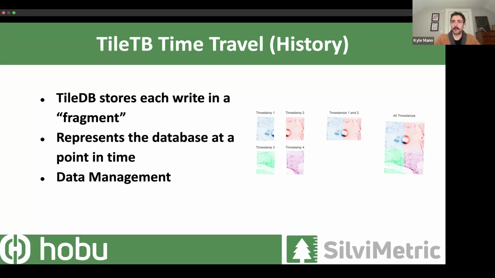And if we have 5 different shatter processes that have been run over data, we can look at each individual process and all of the fragments that are associated with that process. Because we store the timestamp of a shatter process into the config, we can easily look at all of the fragments in TileDB that are associated with a specific process. This allows us to better manage the data that's actually in there. So it's not just we're throwing this in there, and once it's in there,